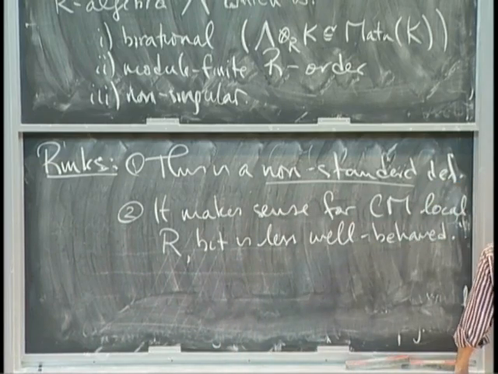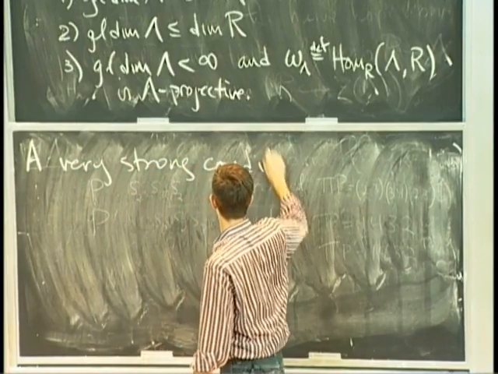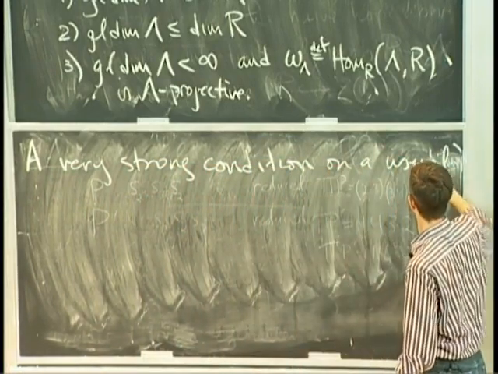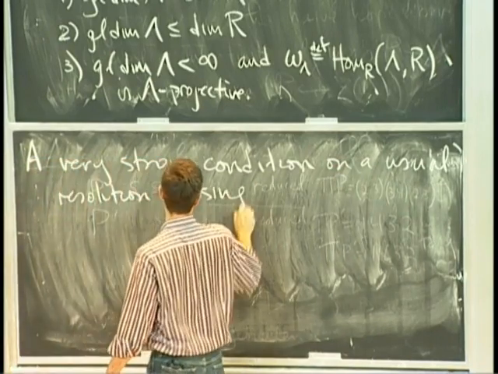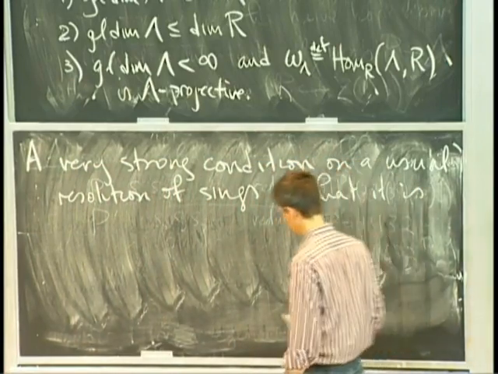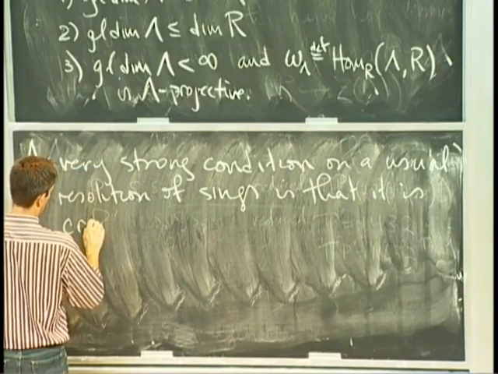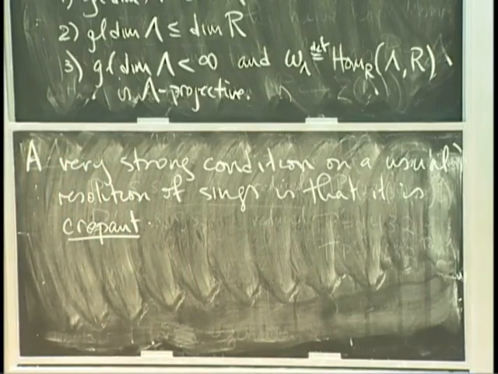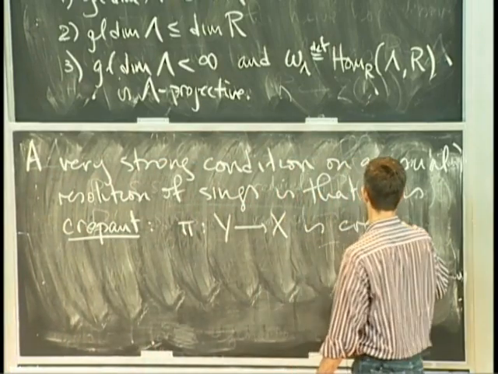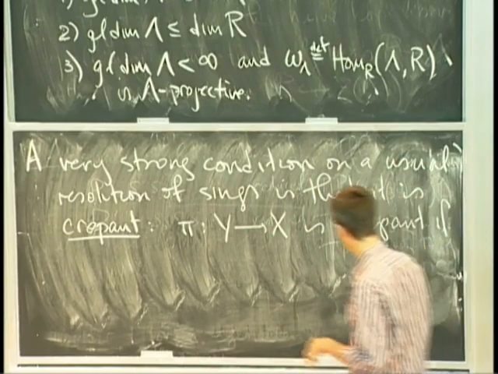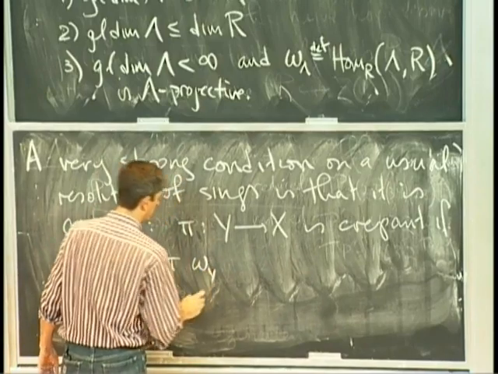So let's go looking for a stronger definition in order to find more interesting examples. To do that, let's go back to geometry, back to the usual resolution of singularities. A very strong condition on such things is that they be crepant. Which is a pun, of course. There's a certain quantity called a discrepancy, and if you have no discrepancy, then you are crepant. But what it means is that if you've got pi from Y to X, and you look at the canonical sheaf,